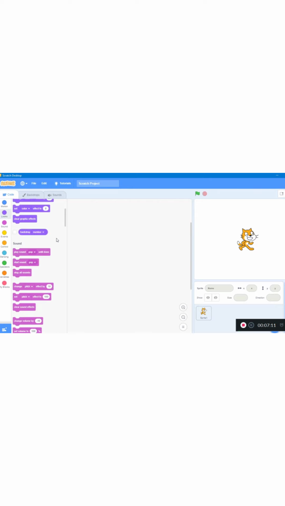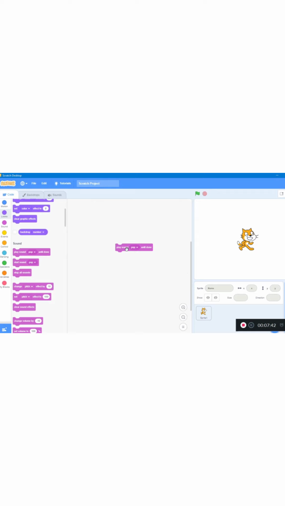Now what is a stack block? Here, this rounded shape at the top is called a notch. There is one notch, and at the bottom there is a bump, which is the outside portion.